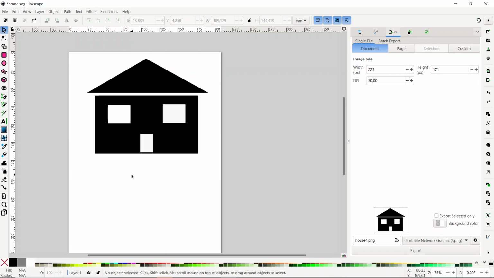If we want to change the resolution, we need to go to the right side settings, and here we have DPI. Unfortunately, if we will change it to 300, you will see that the width and the height has been changed, and we don't want this situation. So we will back to the previous settings, and only one thing that you need to do now is go